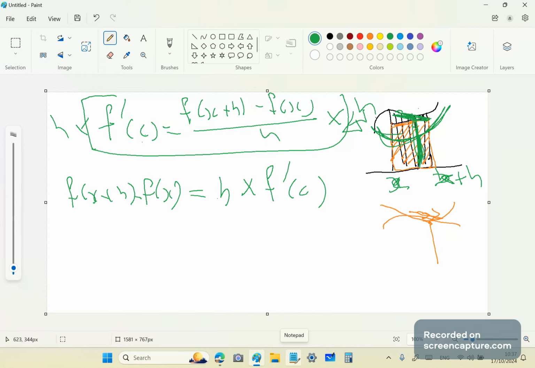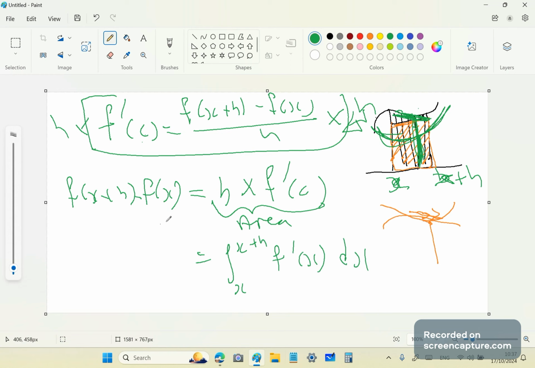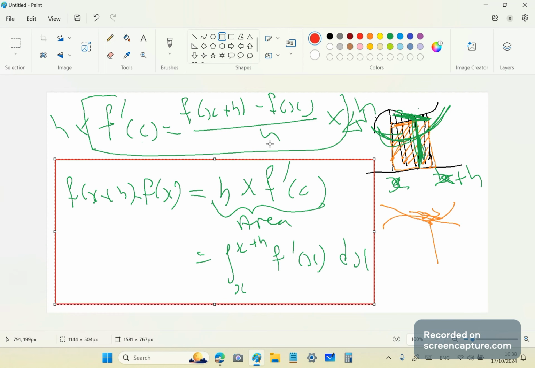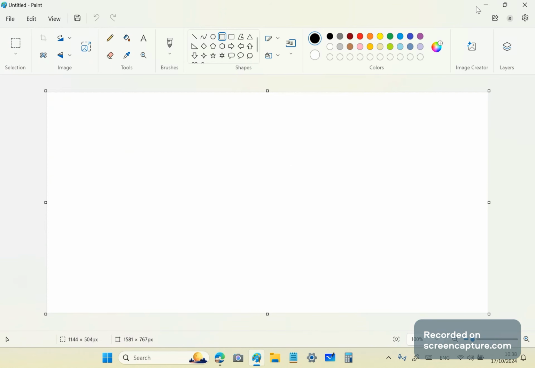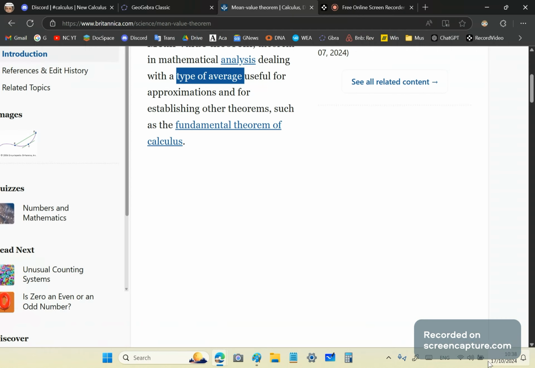So this here is equivalent to the area under the curve, which is equal in standard notation to the integral from x to x plus h of f prime of x dx. As I've shown you now, you get the fundamental theorem of calculus in one step from the mean value theorem. Nothing there to think about very much. It's all very simple, easy, but none of the prize imbeciles of mainstream academics, math academics, knew this.